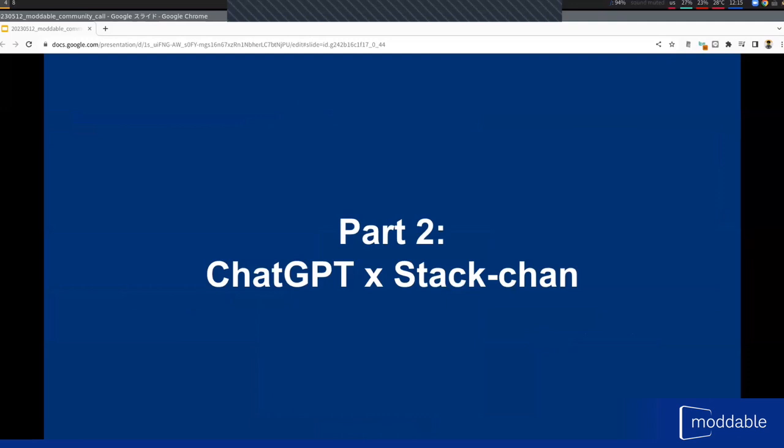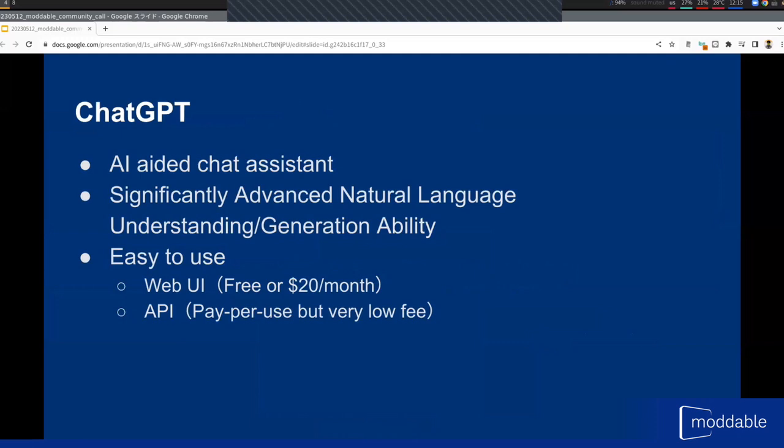Now let's talk about ChatGPT and StackChain. The arrival of ChatGPT has had a huge impact on Japanese developers due to its performance, ease of use, and widespread adoption in Japan. The pricing model for ChatGPT varies depending on whether you access it via the web UI